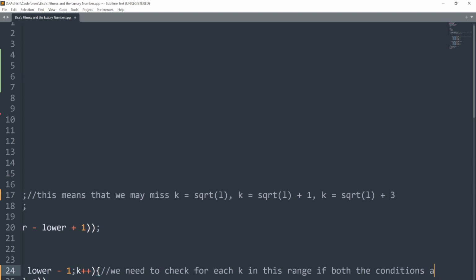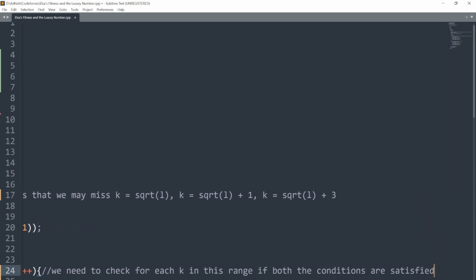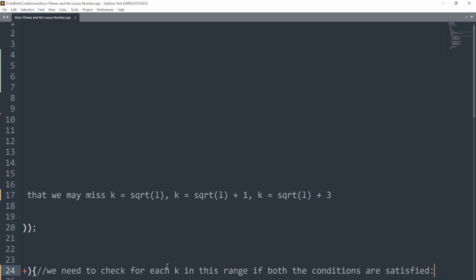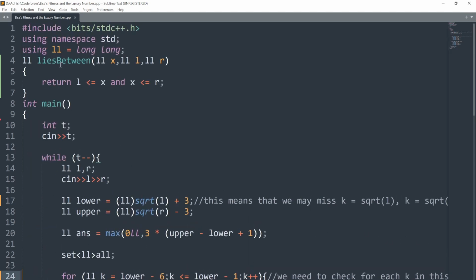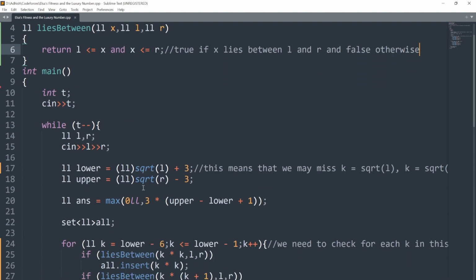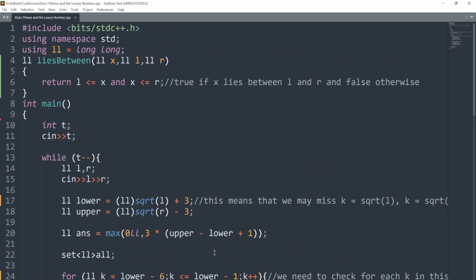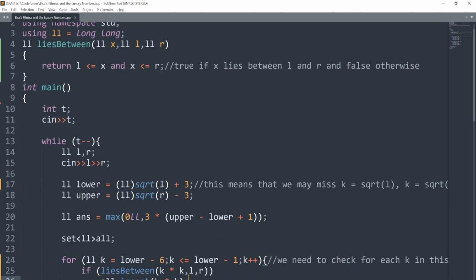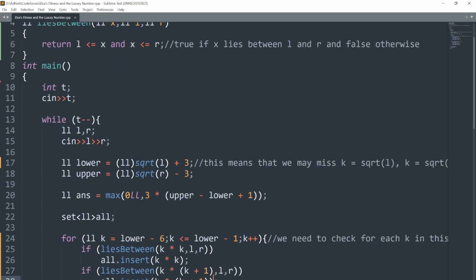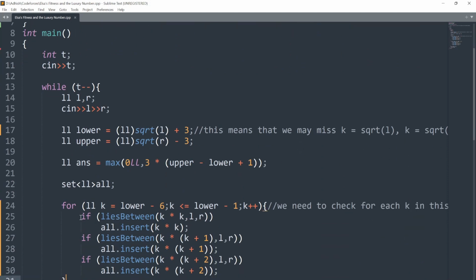So the two conditions are, the first condition is that the number should be between L and R. So I've put that over here. I've put it in a function lies between L and R. It basically returns true if x lies between L and R, and false otherwise. So given this function, we can use that to efficiently check whether k square lies between L and R, or k into k plus 1 lies between L and R, and k into k plus 2 lies between L and R. So these are the three multiples which we know can lie between